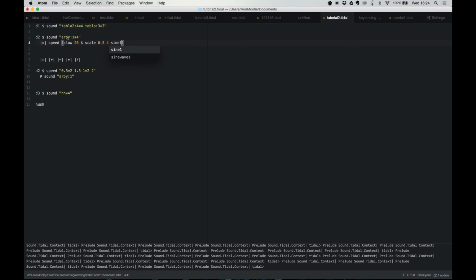it's taking this, and over a period of time, in this case slowed down by 20, it's following a sine wave and scaling up from 0.5 to 4, then back down. Now this is where things get a bit wild and interesting: as well as having that as a predefined thing, we can also have that as an addition. So if we predefine our speed as something similar to what we had before,